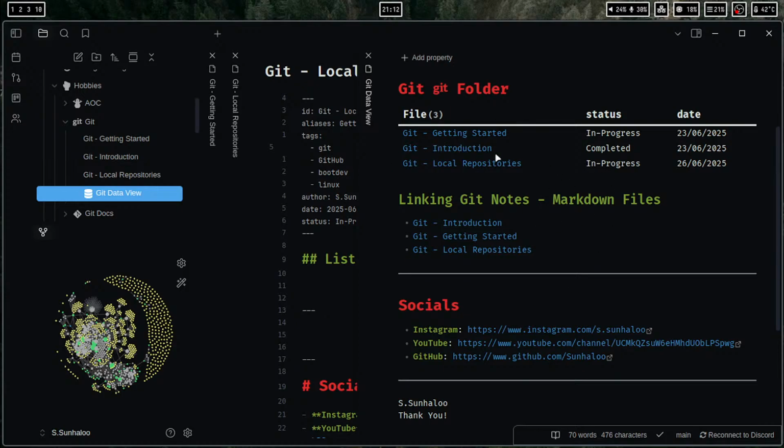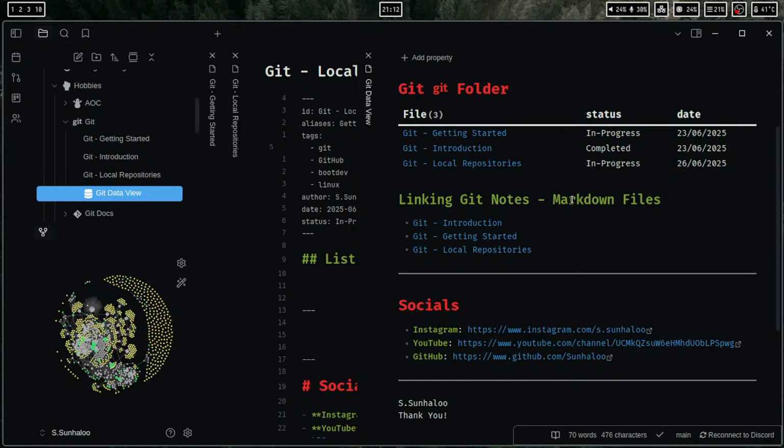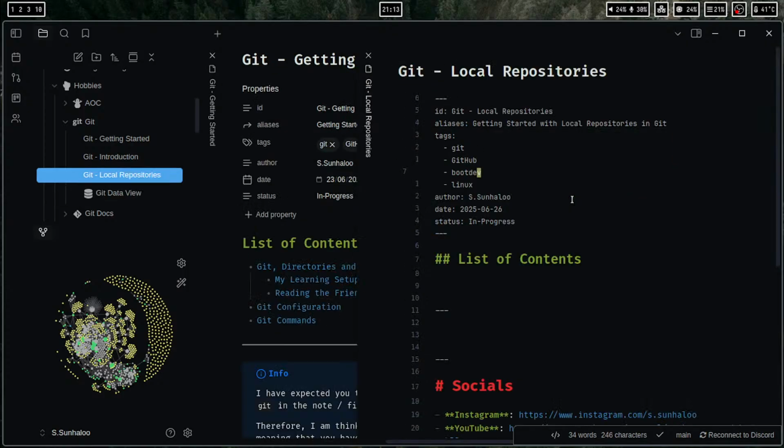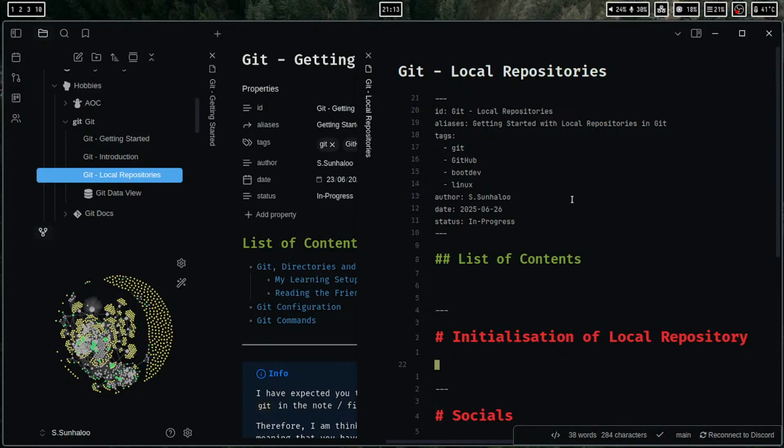And then completed, and then the getting started part, I think I'm gonna leave it to in progress right now. So I'm free. So shall I, wait,